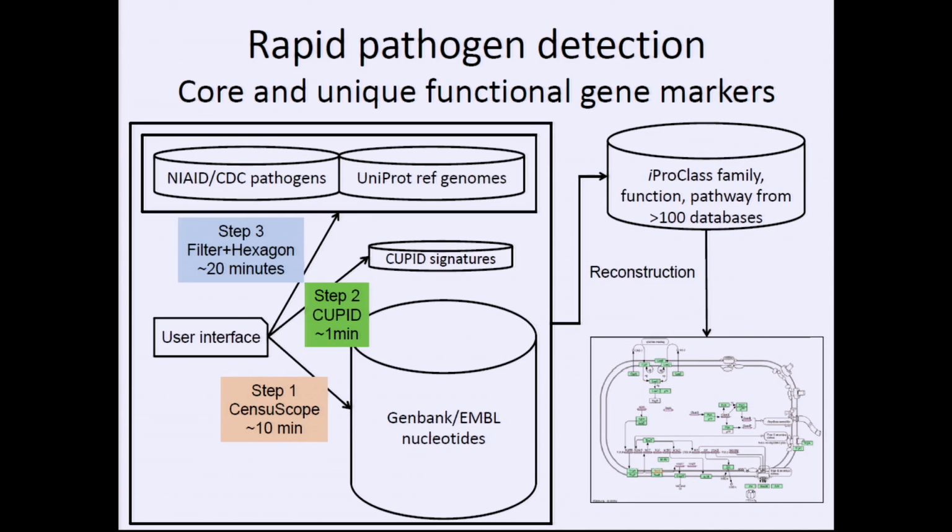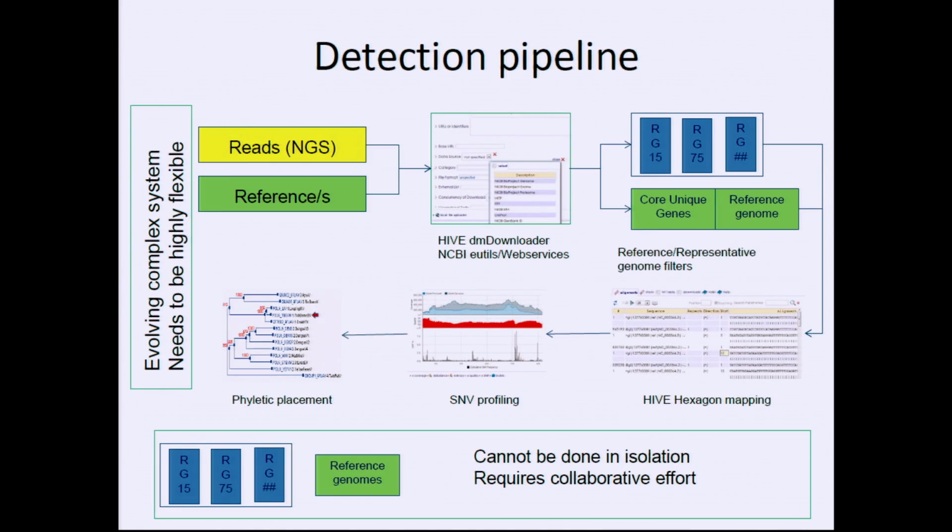In the past, we have done this for the Army, rapid pathogen detection. Again, I'm not going to go into a step, but basically here we have unique signatures from different pathogens and trying to use that to understand very quickly what is in a data set, and go to pathway analysis and so on. So these types of detection pipelines require really high quality databases. And we work very closely with NCBI, EBI, folks over in Australia, Japan, and so on and so forth to create